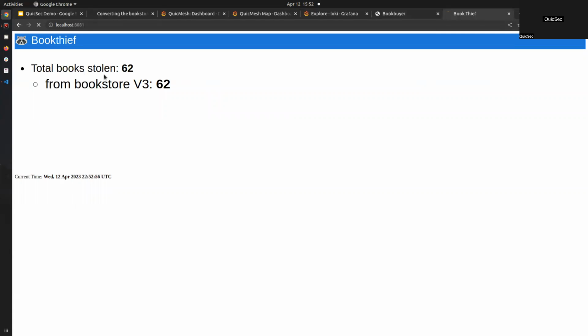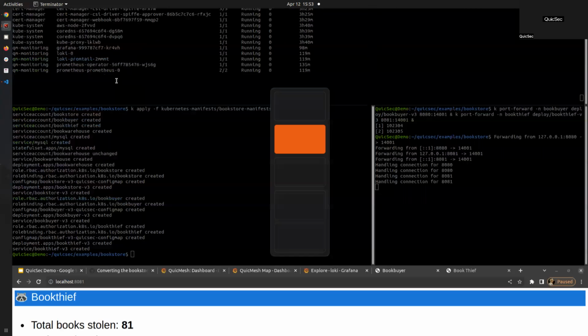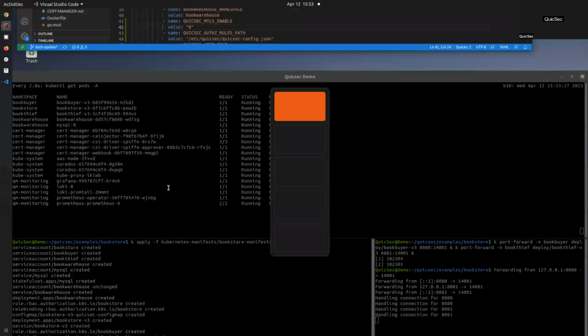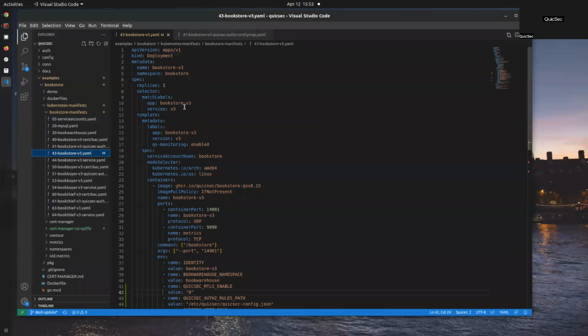And this is what we want to prevent using mutual TLS. Right now, by virtue of TLS being mandatory in HTTP3, all of these transactions are occurring with one-way TLS. But now we want to enable mutual TLS such that bookstore can authenticate the peer that is talking to it. So to perform that, we're going to go to the manifest